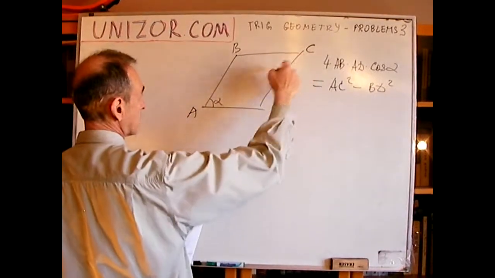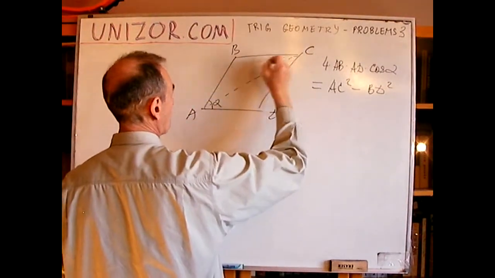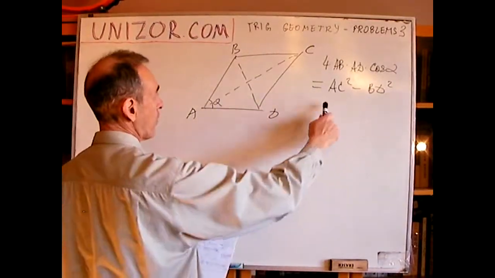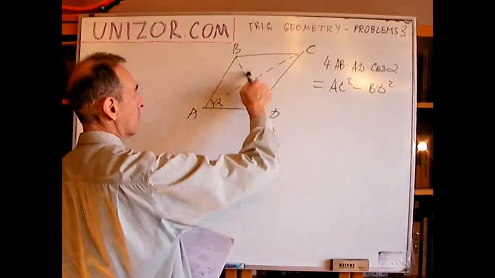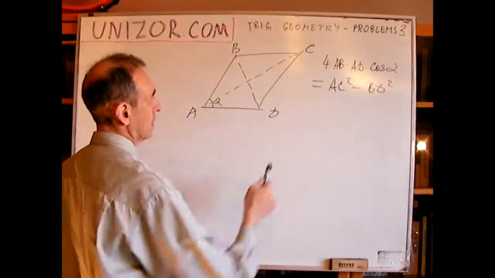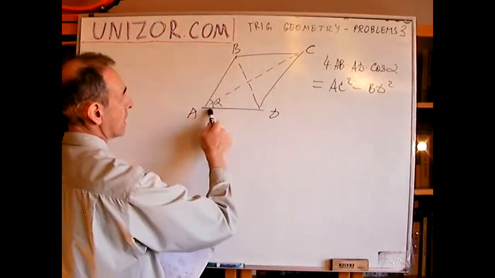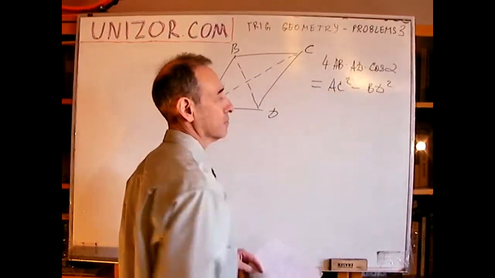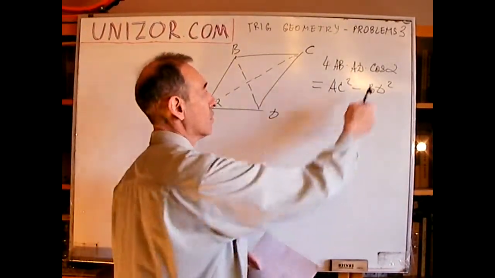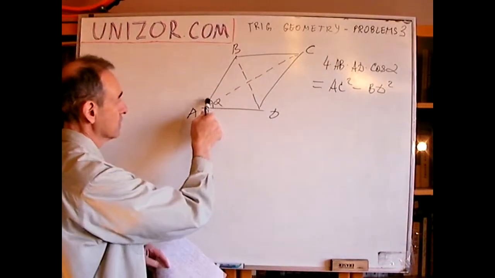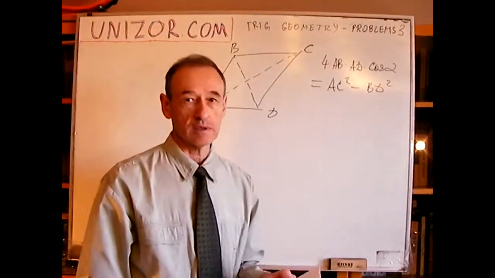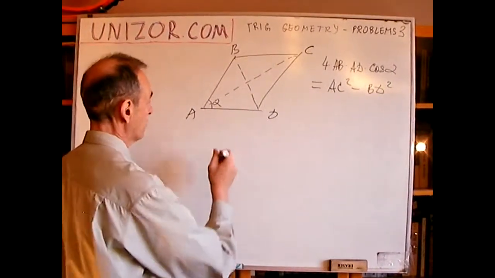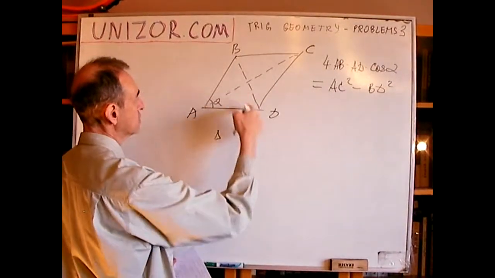Now, AC is a diagonal, BD is another diagonal. So it's the difference of squares of the diagonals, the bigger minus the smaller. It's 4 times AB times AD and cosine. Well, whenever you see a product of two sides and the cosine of the angle between them, that actually reminds of the law of cosines, right? Now, what is the law of cosines? Applicable to triangle ABD,